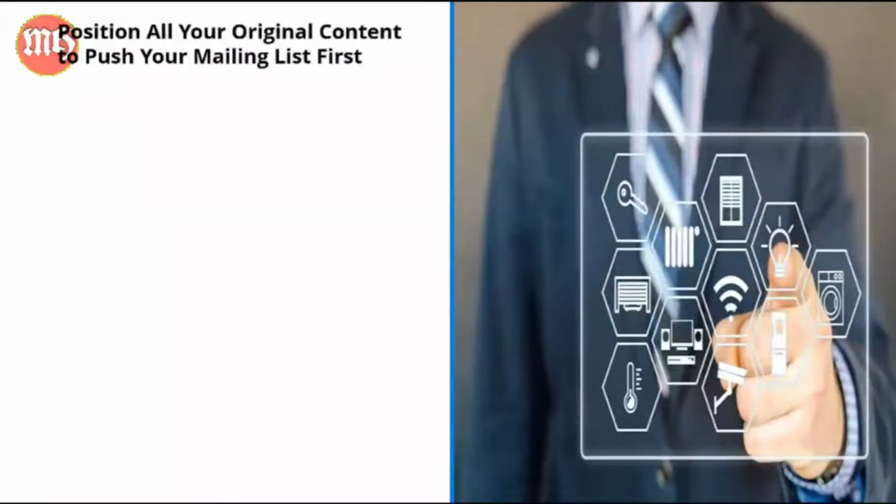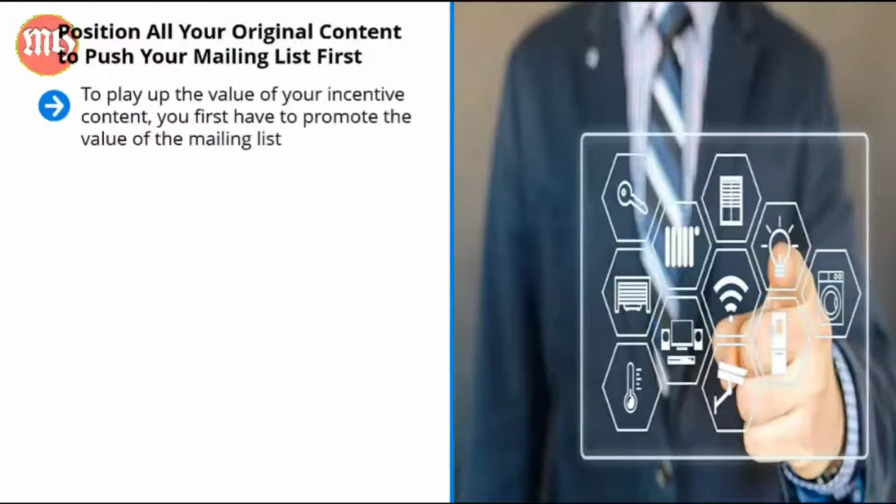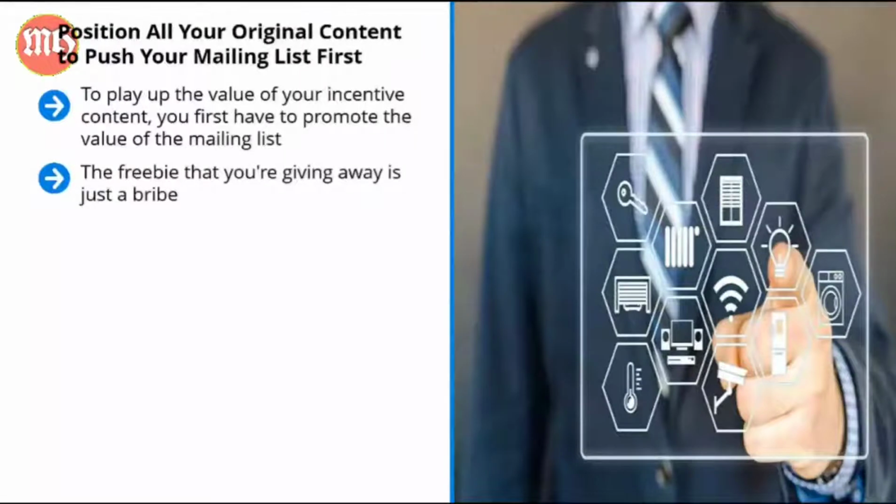Position all your original content to push your mailing list first. To play up the value of your incentive content, you first have to promote the value of the mailing list. I know this sounds counterintuitive, but if you think about it, it makes all the sense in the world because, in reality, it's the mailing list they're signing up for. The freebie that you're giving away is just a bribe. It's intended to get people to enter their email address and nothing more. If you were to use all your original content to play up the fact that people can get this additional content,